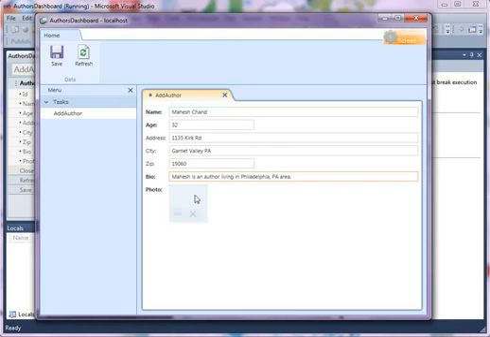Good thing, watch this. In photos, since it was an image type column, as soon as you roll over,